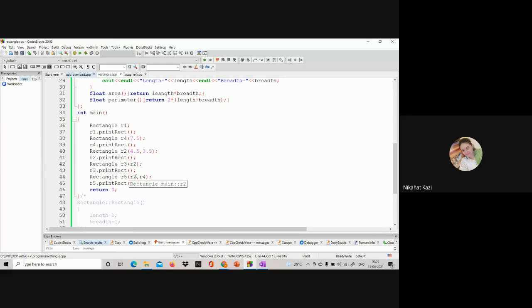Depending on whose length is greater, R5 will become a copy of that object. R2, what is its length? It is 4.5. R4, what is its length? It is 7.5, right? So the length of R4 is greater, and R5 will automatically become a copy of R4. That is what is happening.